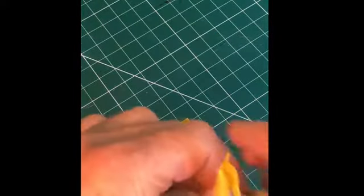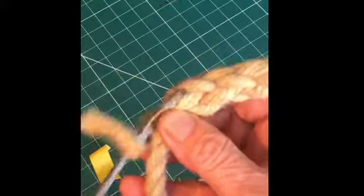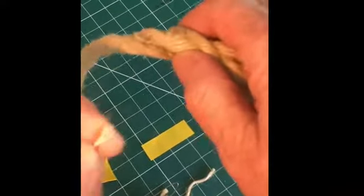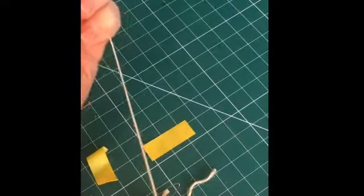The last method, which doesn't involve the glue, we just remove the tape again and cut off the last strand. And now, without using glue, we'll take a needle and thread, number 4 twine, and we're going to pass the needle through the strands of the rope and literally going to sew that end